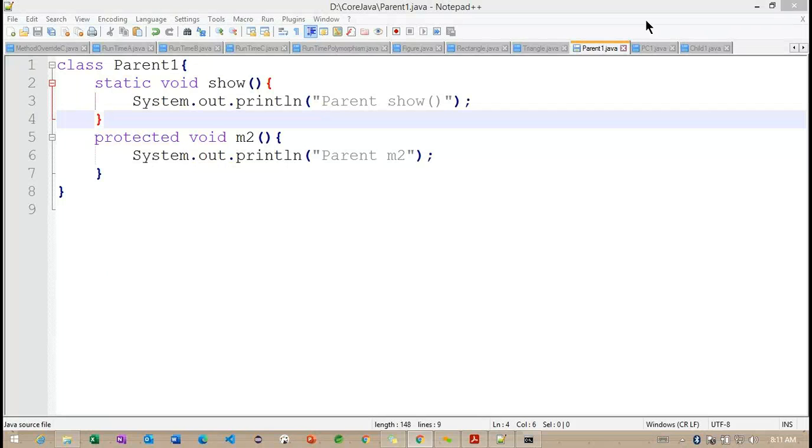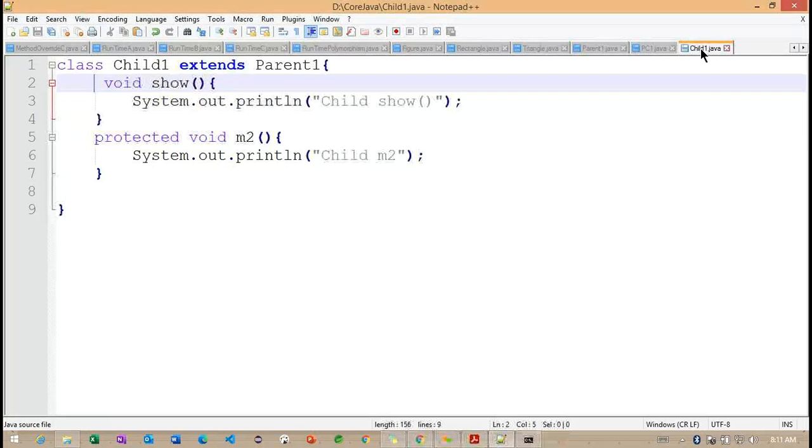And inside this child class, I'm trying to define static here. So one more example we are discussing here. Now we are going to call M1 and M2 here.